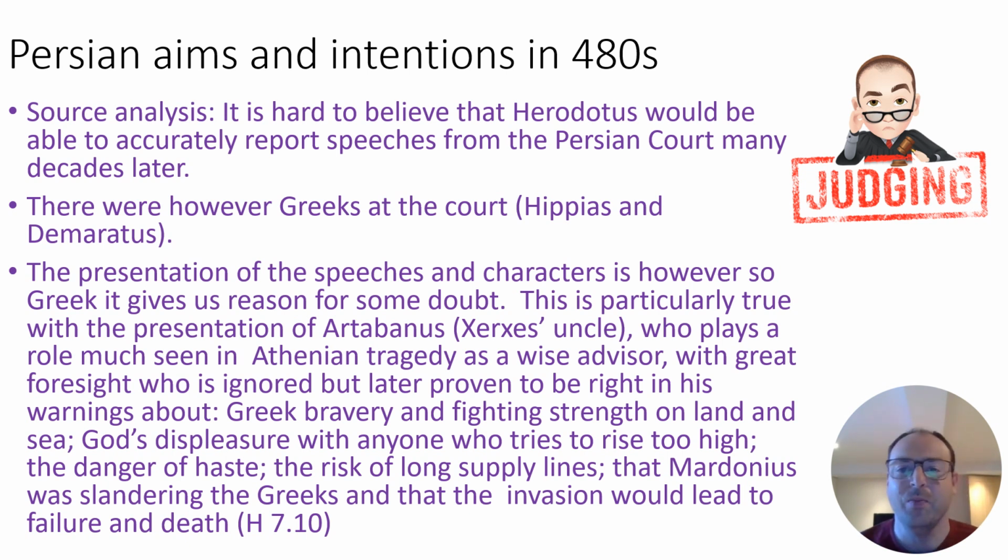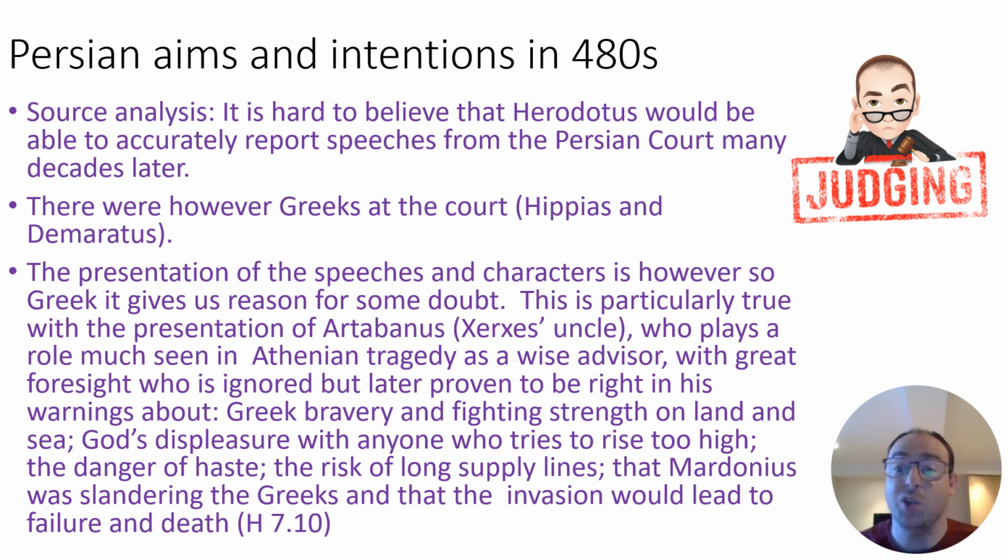This is what happened." There is, however, a bit more to it in terms of the way that the speeches and the characters are presented, and that all gives us some reason for doubt that this is exactly what happened, because it's all a little bit too Greek. This is particularly true with the presentation of Artabanus, who's Xerxes' uncle, who plays the role seen much in Athenian and Greek tragedies of this kind of wise advisor who gives great foresight into what is going to happen, but is ignored, but then later on proven to be right, and that's part of the tragedy